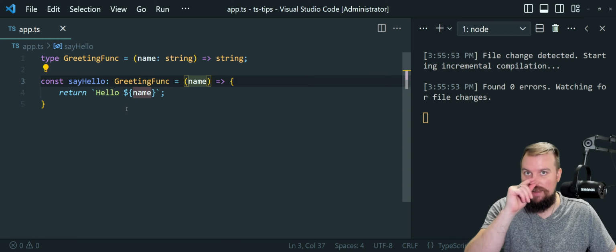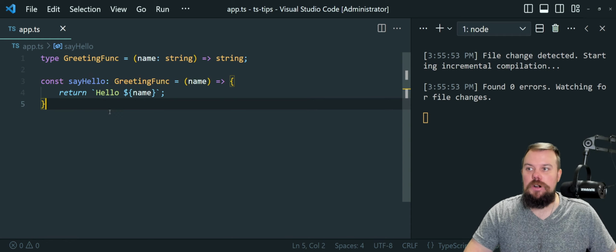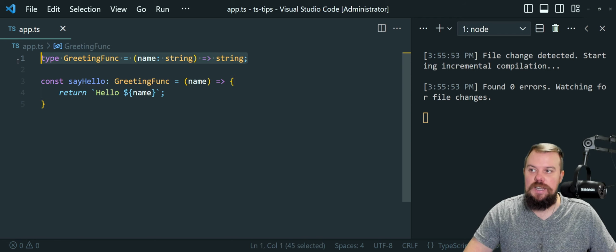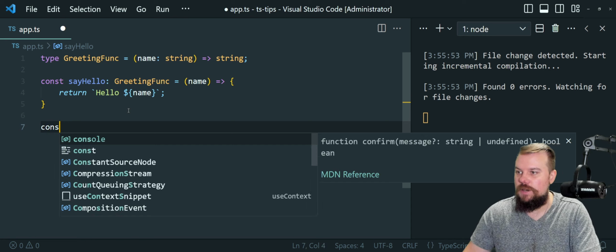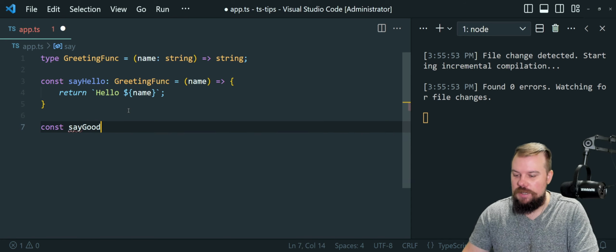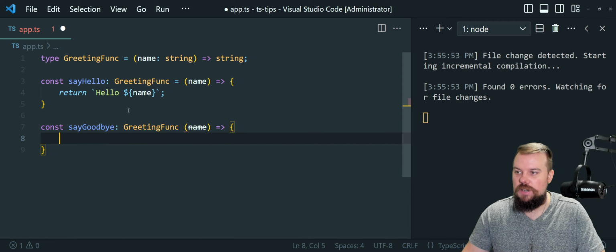So that's a very handy thing if you might have complex function arguments or things like that that might be reused. Assigning it to a type alias is much better than having to write it inline as well. So that's something you could take into consideration, meaning I could also share it across this one, which might say goodbye, which will also be a greeting function that will take a name argument and return a string value of